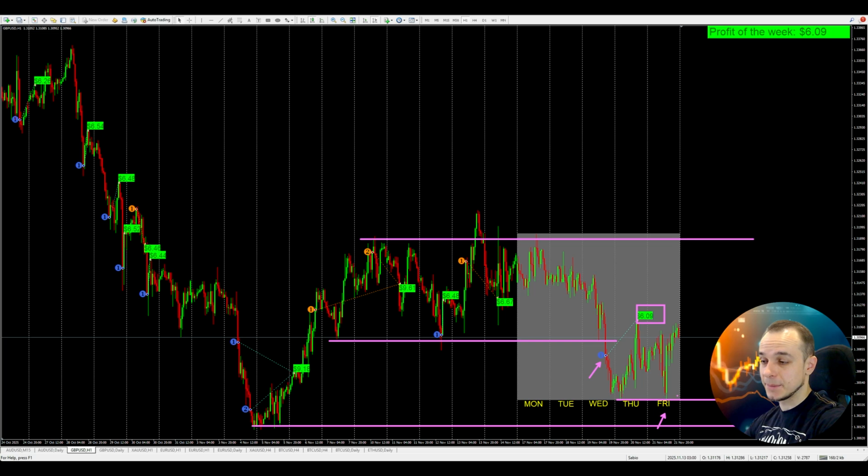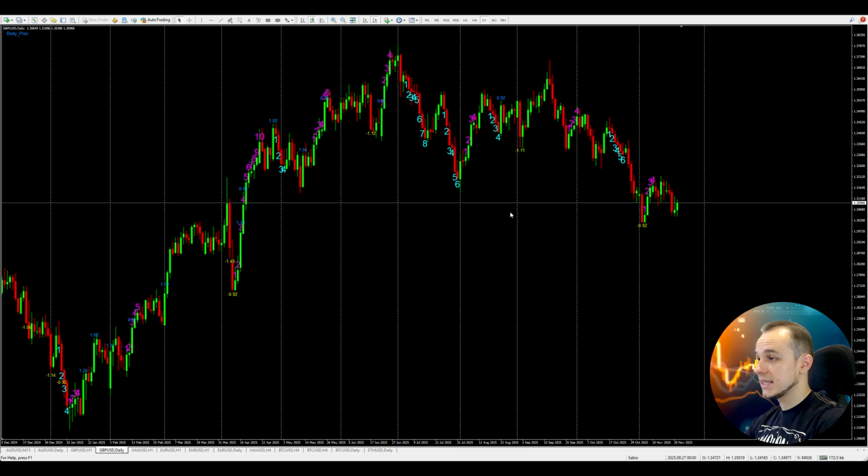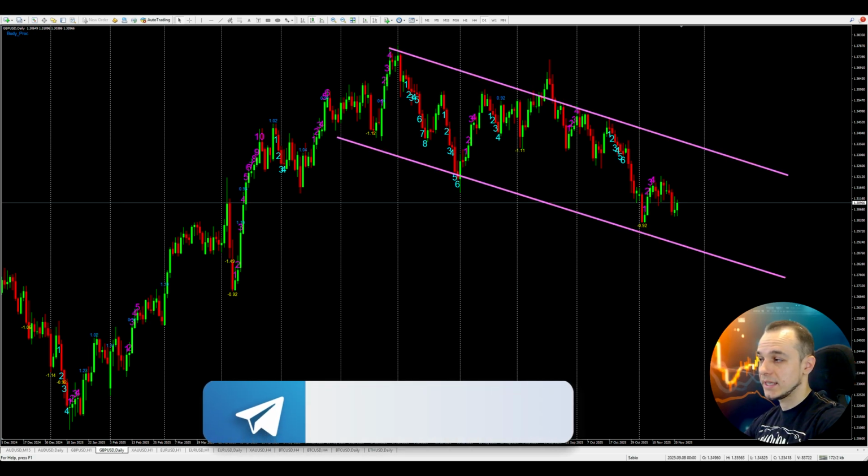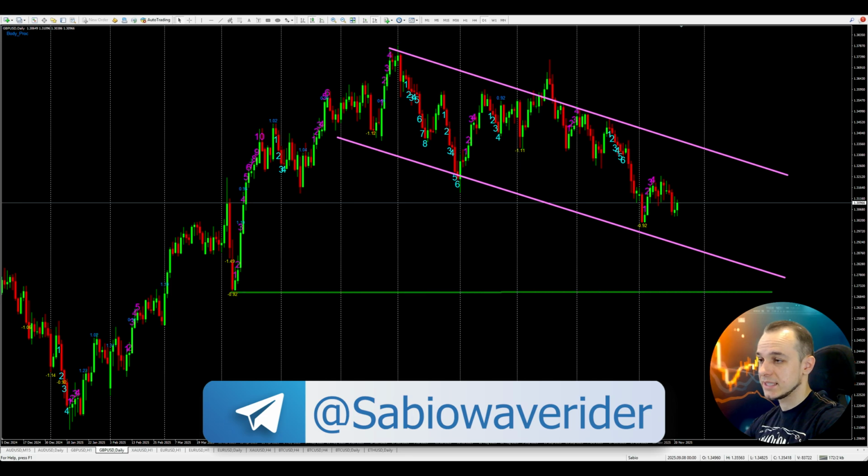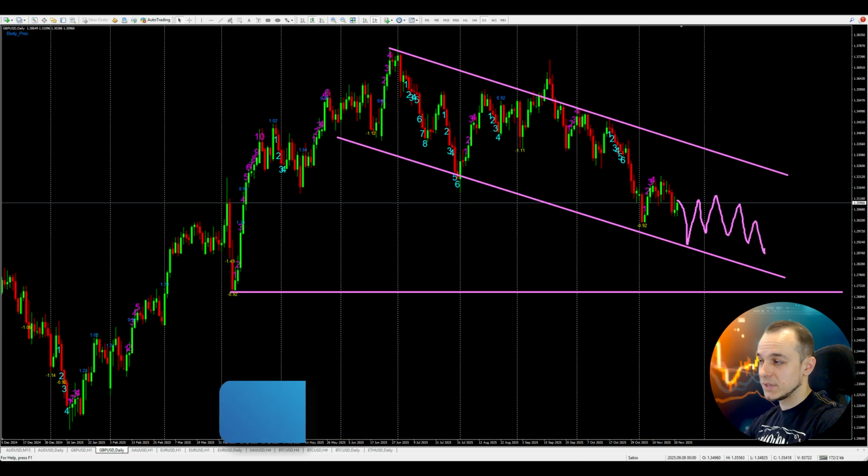so we'll be waiting for the market to update our weekly lows to open another buy trade, or if we'll jump to the previous local highs, we're going to be opening a selling trade. The profit of this week amounted to $6, and on the daily time frame you can see that our global downtrend continues and we're heading towards new support levels. I suppose that it's very probable that we can fall to 127 within a couple of months,